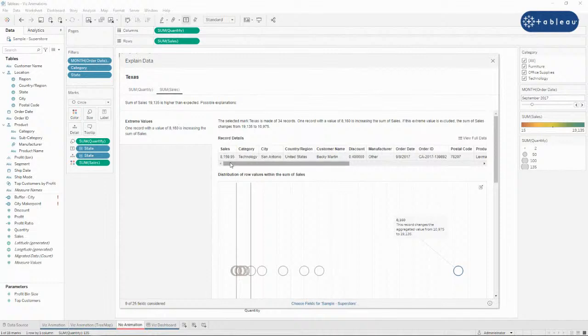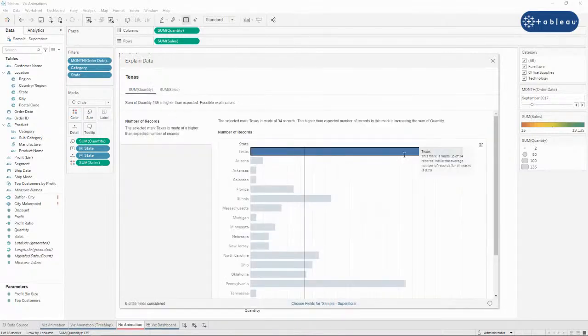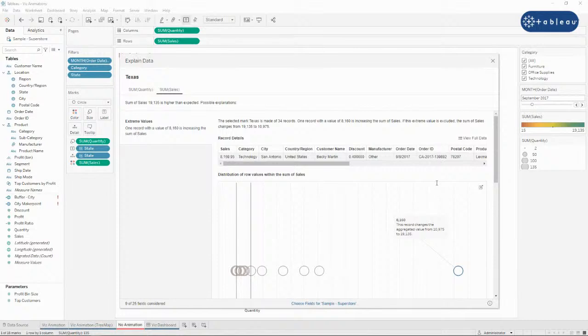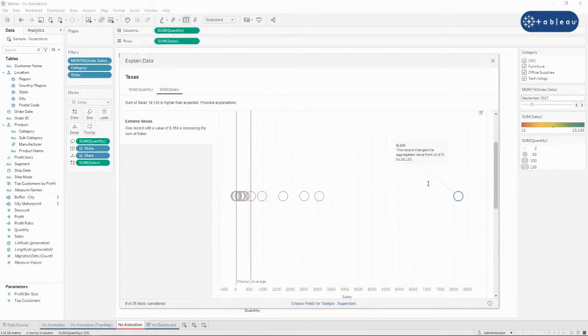So the city was San Antonio. They did this amount of sales. The customer name was Becky. So it looks like one person from Texas did all of these sales, right? So maybe this is an opportunity where you have a great rewards program and you want to give Becky a huge discount next time she comes to do business with you. I don't know, but these